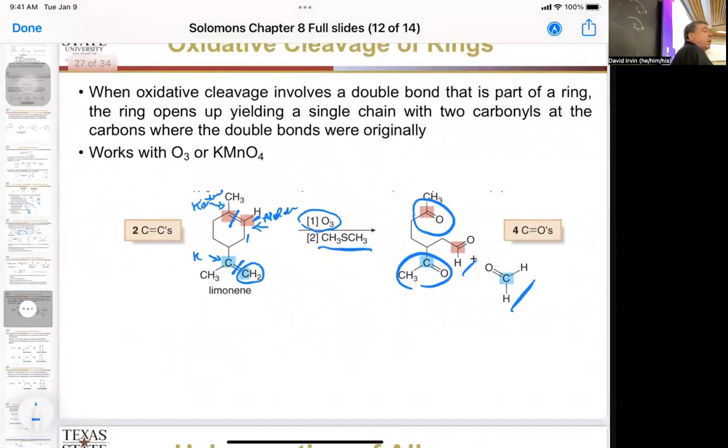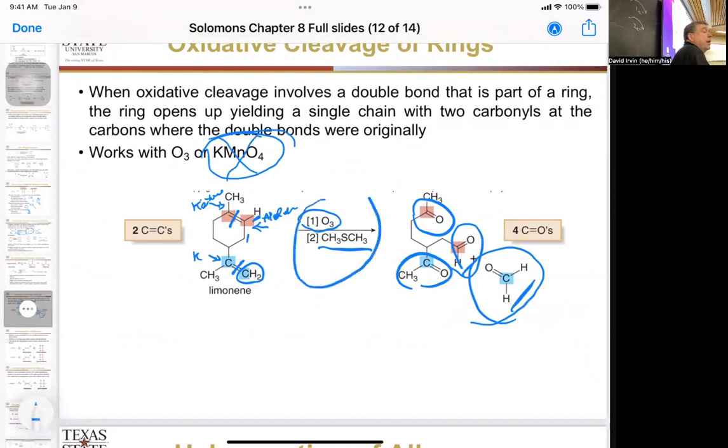And again, this will work with permanganate as well if you heat it. It'll do the same reaction, ozone and that. Oh, actually, it won't do this, will it? Because permanganate will not form aldehydes. It'll oxidize those down to carboxylic acids. So if you want the aldehydes, you have to do ozonolysis. If you want the carboxylic acids,